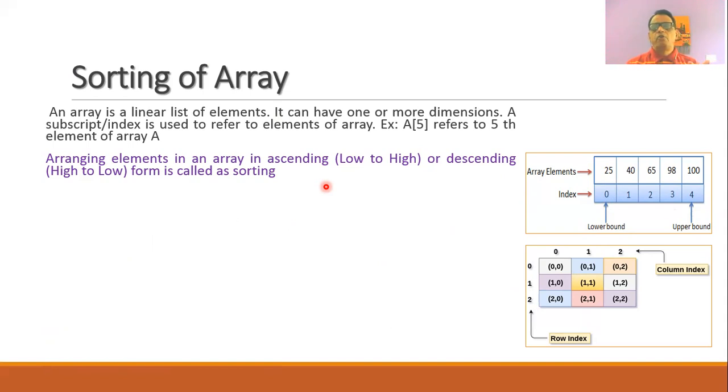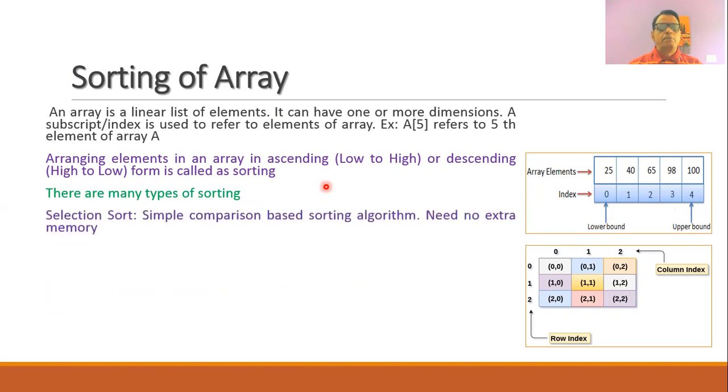Say, for example, you have been given the marks scored by students, and now you want to determine their ranking among the students based on the marks. In such a case, you need to arrange the elements of the array, that is, the marks scored by the students. There are many methods available for sorting the elements of the array.